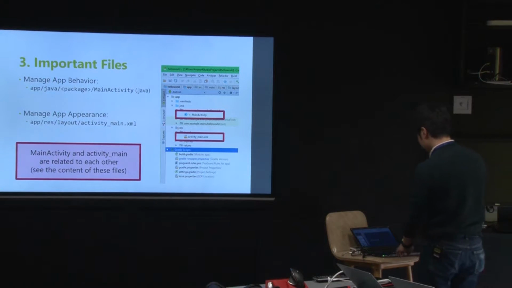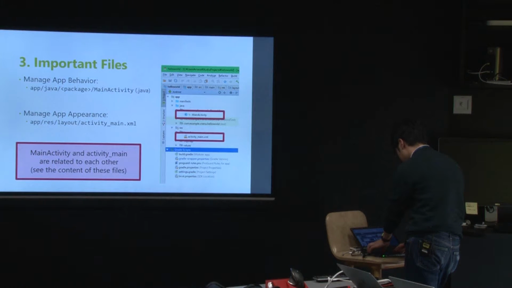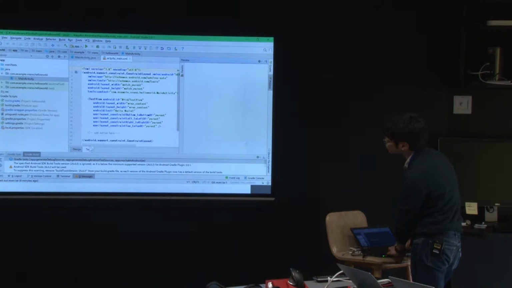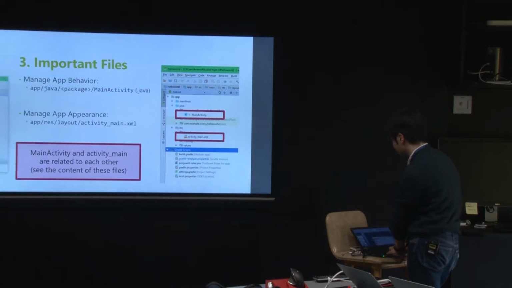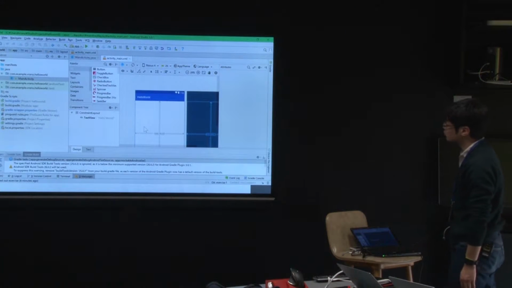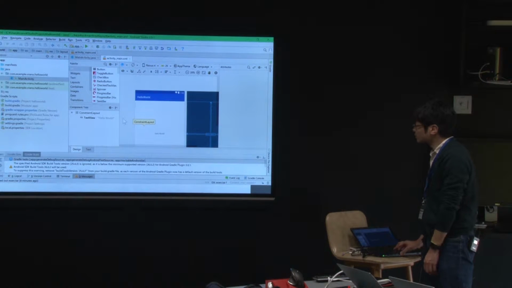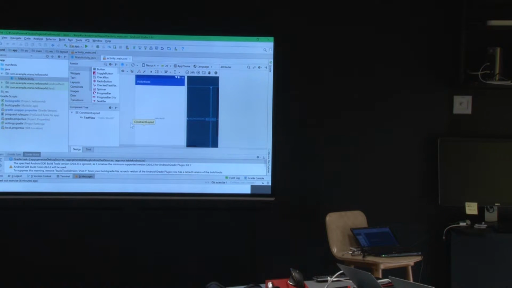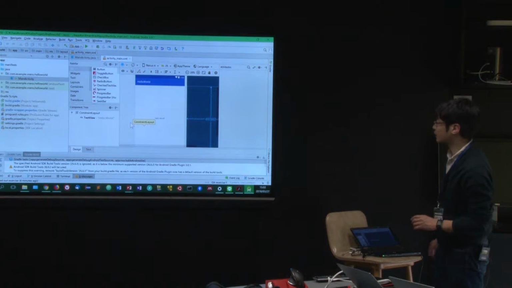I think you will see some screen like this. Okay, so as you can see, the activity_main.xml is